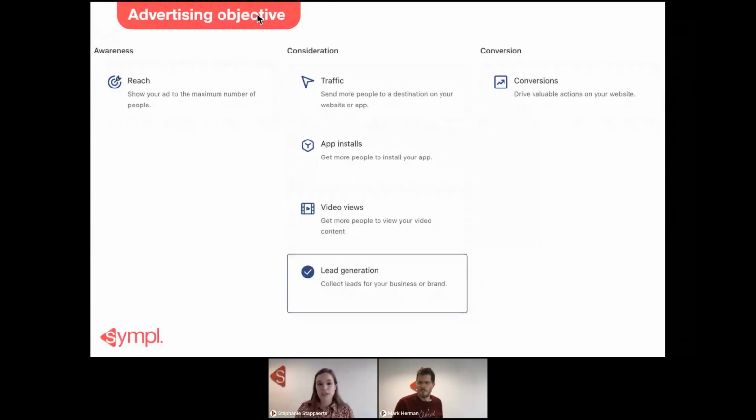Traffic is when people see your ad, they click on it, and they land on your vacancy page. It's to push as many people as possible to your vacancy page. With lead generation, you're already collecting leads on the TikTok platform itself. So once they click on your advertisement, they have to fill in a form, but it stays on TikTok. And then that information is sent back to the TikTok advertising platform, where you can download, of course, all the leads that are coming in. But this is an important thing to know.